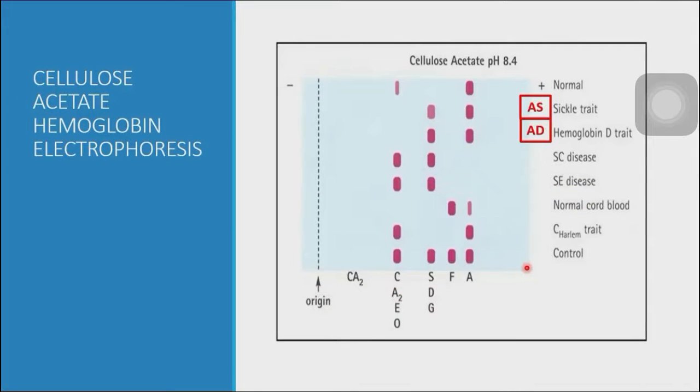Next, we're gonna talk about cellulose acetate hemoglobin electrophoresis. So again, for the screening for hemoglobinopathies, okay, usually may mga screening dyan. But in order for you to confirm yung presence talaga ng abnormal hemoglobins or thalassemia, you need to perform hemoglobin electrophoresis. Okay, so in here is an example of yung pattern natin for hemoglobin electrophoresis.